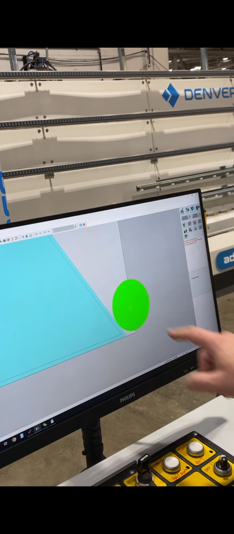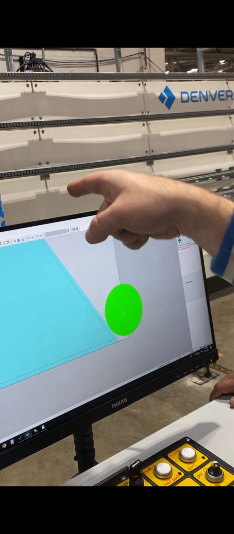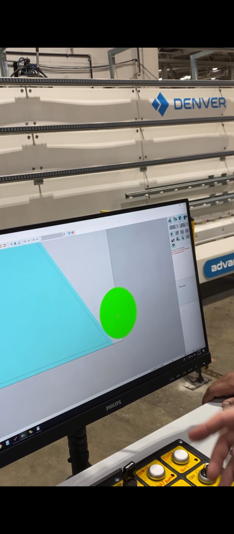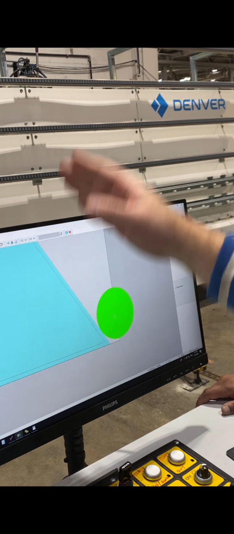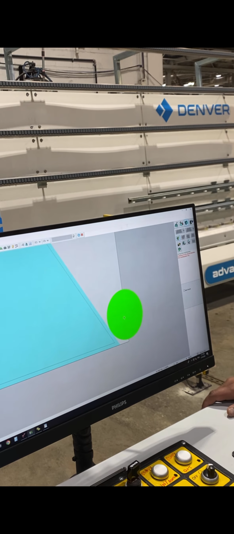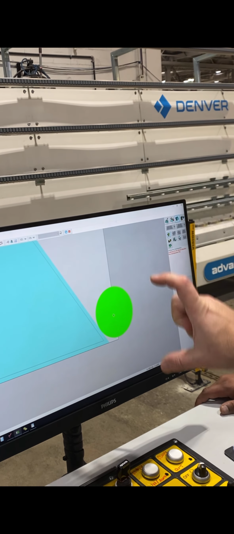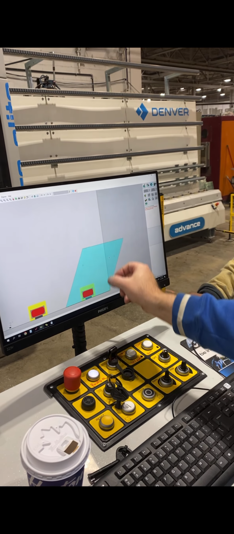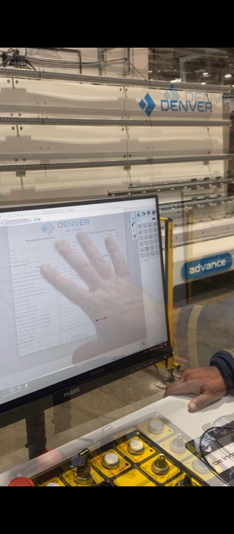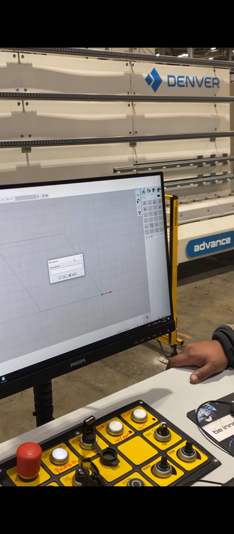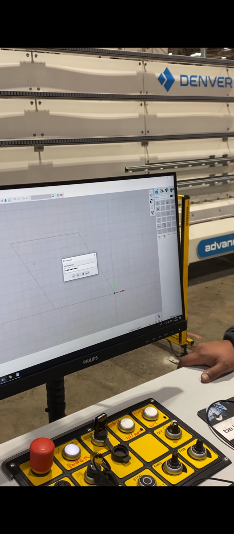Software knows the height of this physically, and so if we run this first piece and it hits hard on this side and doesn't hit it on the other side, I've got to adjust this up in my head. But at a certain point, if the overhang becomes, I go in here. This is more for me, but